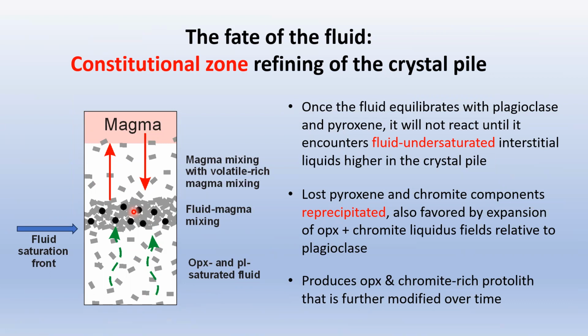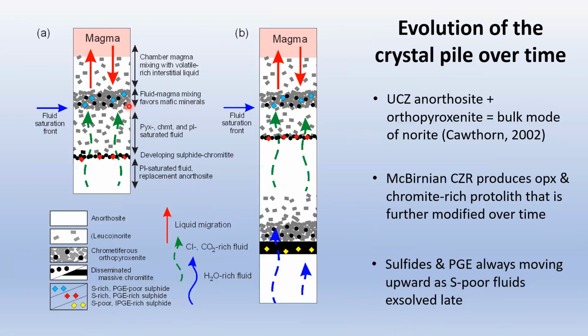And this does two things. One is that you're dropping in all the pyroxene components that you leached out from below. The second is that adding vapor actually expands the pyroxene field relative to plagioclase. So you can be making a protolith orthopyroxenite by this process. And to sum it up more and more, down below, we have fluid come up, it's making a chromitite by dissolving out the pyroxene. Pyroxene moves up until it sees melt that's not yet vapor saturated. That goes into making an orthopyroxenite. Basically, this rock plus this rock equals our original